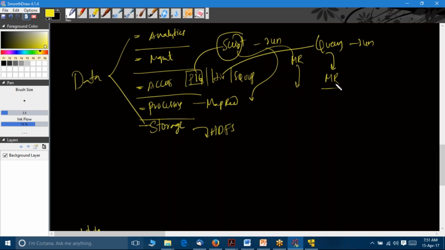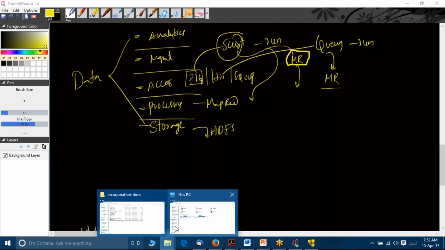So ultimately, let you have anything at the data access level, they must be converted into a MapReduce job and should run as a MapReduce job on the cluster. So on your Hadoop cluster, we have only one processing technique called MapReduce, directly and indirectly, Pig, Hive, Sqoop, and all. So if you look at this one very closely, you understand that whatever the MapReduce job that is running for you, if this MapReduce job needs to run efficiently, then we need to have,